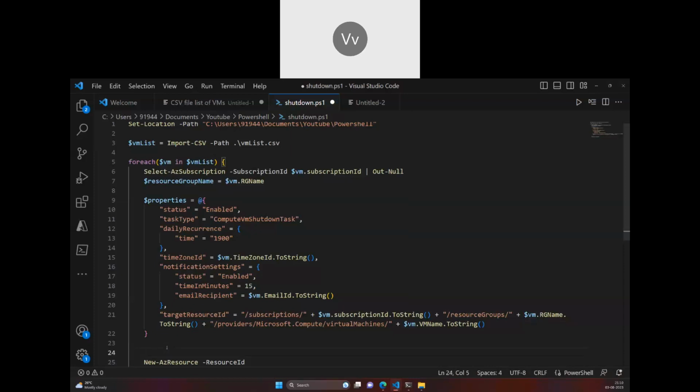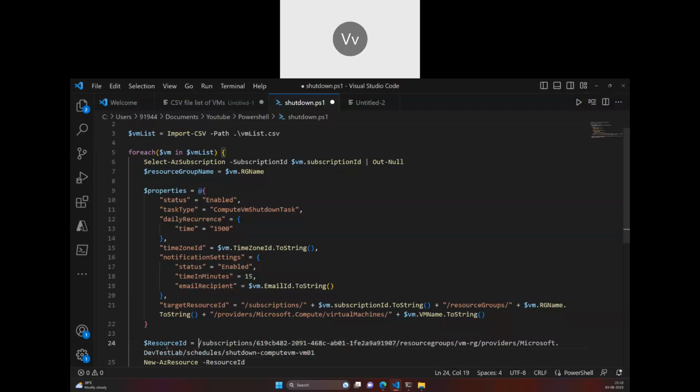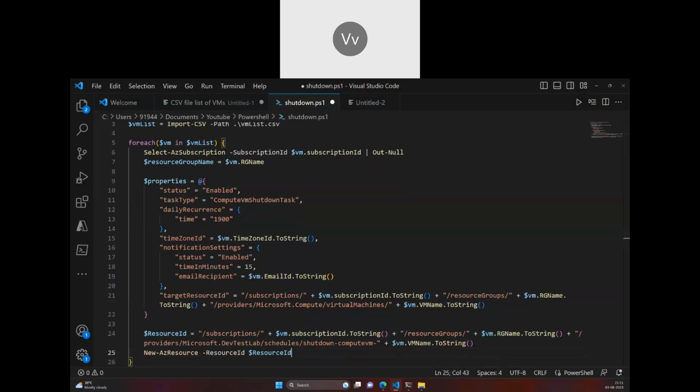So I have to mention here resource ID equals, we'll do the same thing, concatenation, and resource groups. Till here we don't have anything. Microsoft. So I'll just do the same thing. Microsoft.DevTestLab/schedules. Till here it is the same. Now comes the VM name. Now this is the source ID. So I copy this